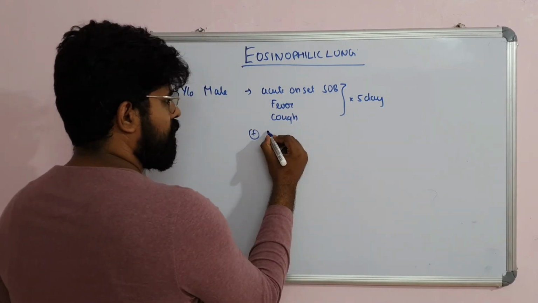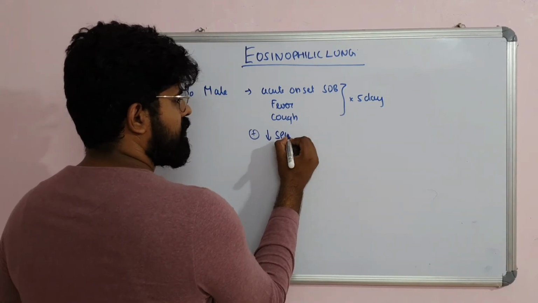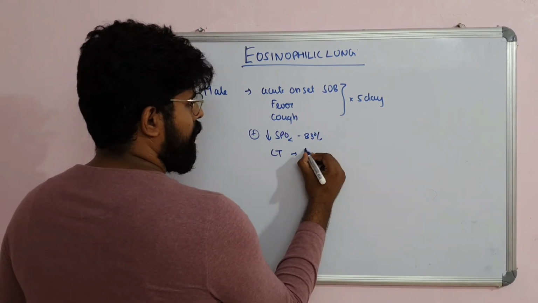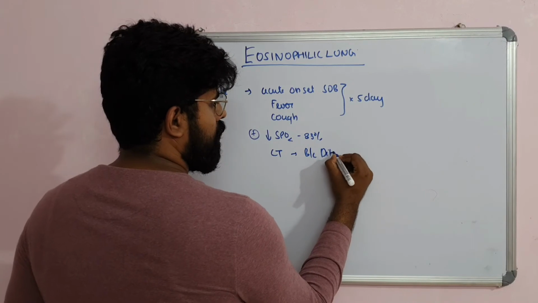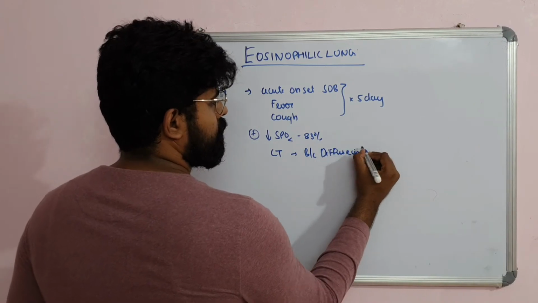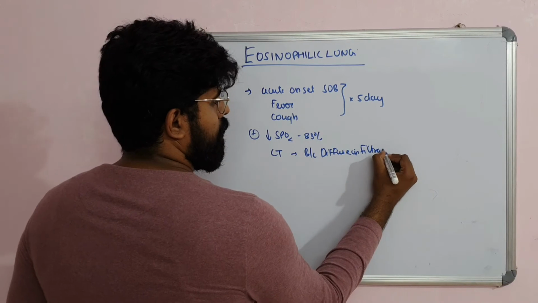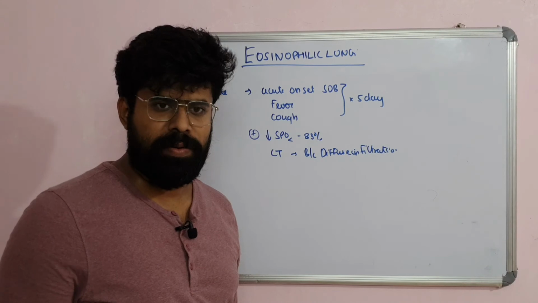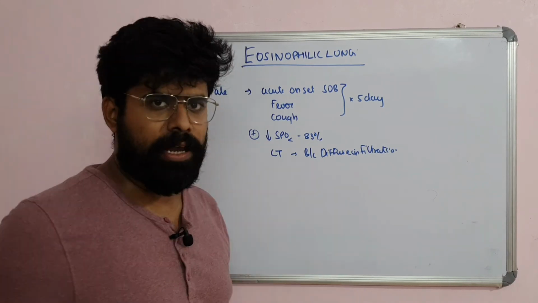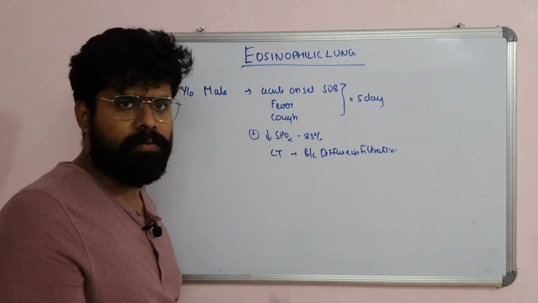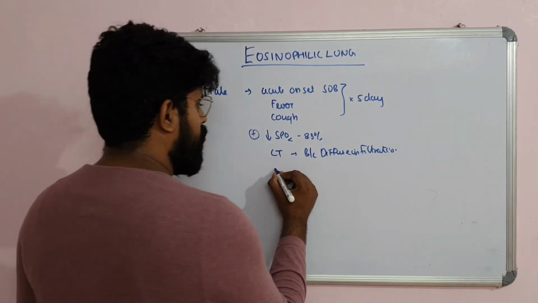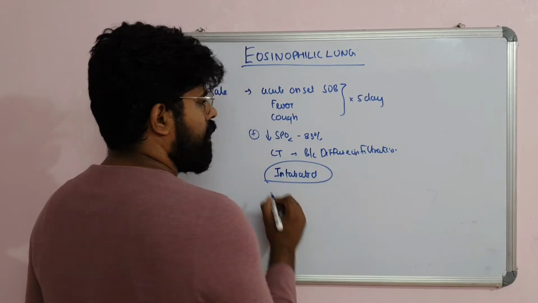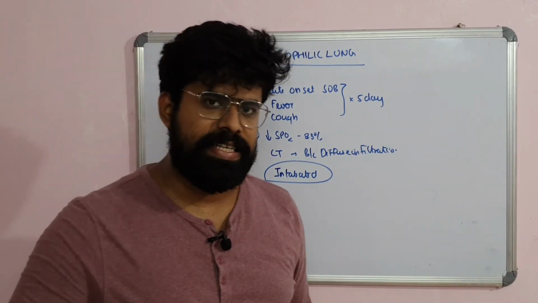With these complaints, the patient has desaturation. The SpO2 is just 88 and the CT shows bilateral diffuse infiltrations. Basically, we will diagnose at this point acute respiratory distress syndrome. That will be the diagnosis. The patient has desaturation, will go into respiratory muscle fatigue, and will be intubated. Now, we will basically think of this as an ARDS.